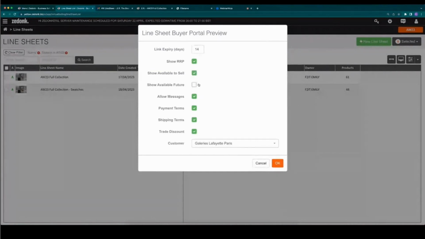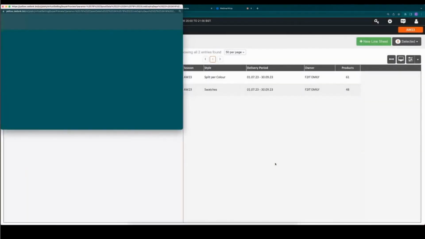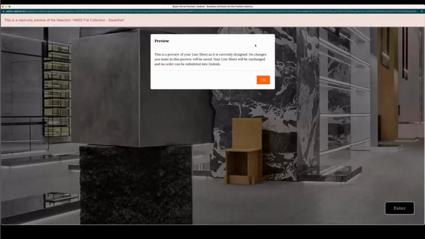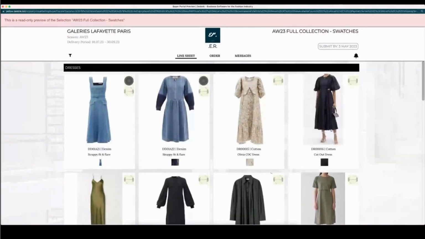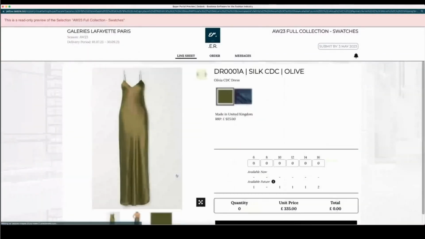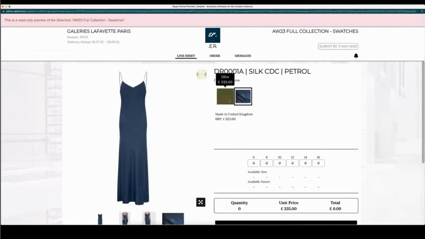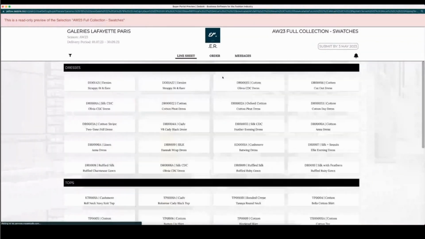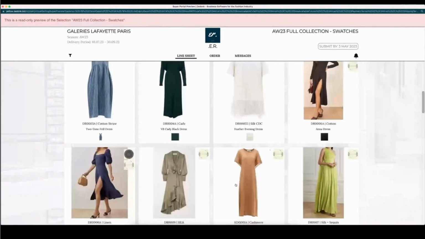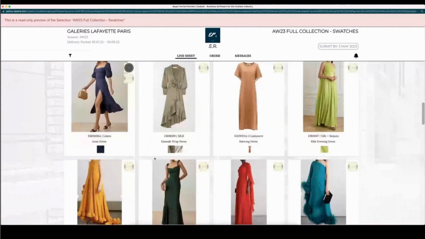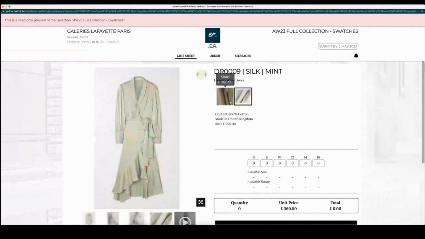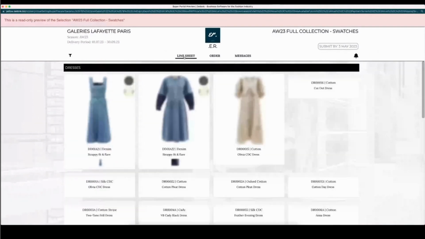However, we also have the option for swatches. So perhaps you have the same product in 20 different colors and you just don't want the same product on repetition 20 times. Instead, what you have is a swatch line sheet. Just using an example here where I have the same product, style name and fabric, but a different color. You can see you can flip between these 2. So at the point of creating your line sheet, you will want to define which you want to use, whether it is split by color or a swatches line sheet. So those are your options there.